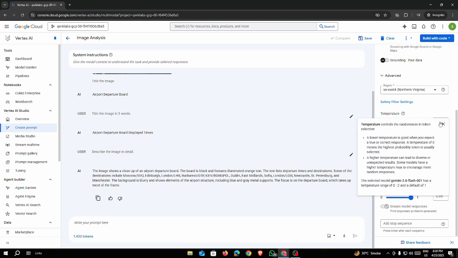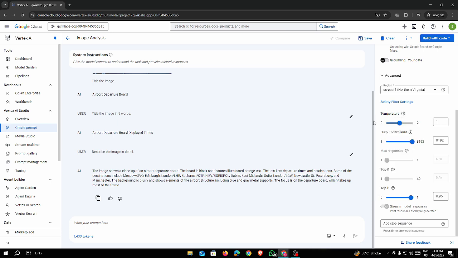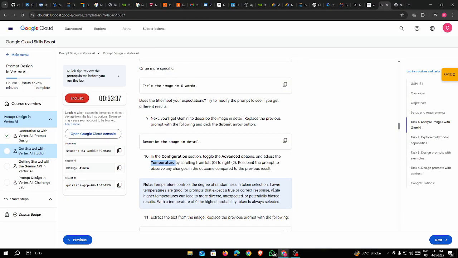Alright, but what is temperature exactly? If you hover over here, you can see it controls the randomness in token selection. Whatever prompt you give, it will add or decrease the randomness of your answer. So basically, if you move it towards 0, they have written it very nicely that